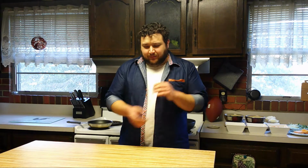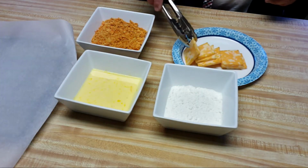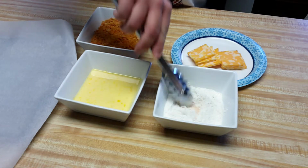So the first thing we want to get started with is our Dorito cheese sticks. We're going to take some sliced Colby Jack cheese. You can either use a block that you slice up or get some string cheese. Either one works great. We're going to dip that in some flour, some egg, and then we're going to dip